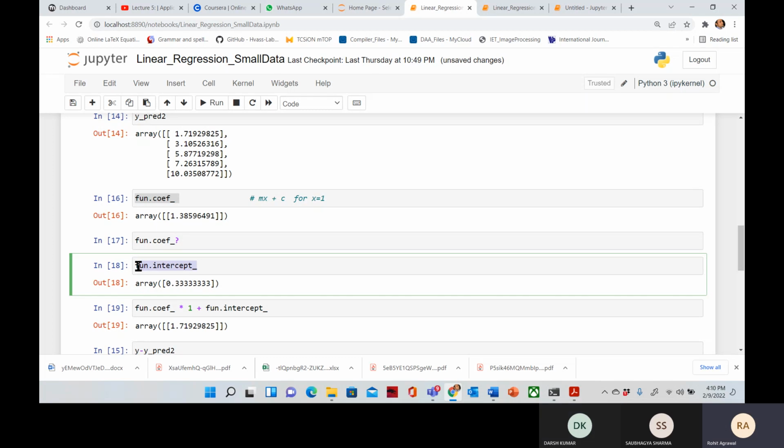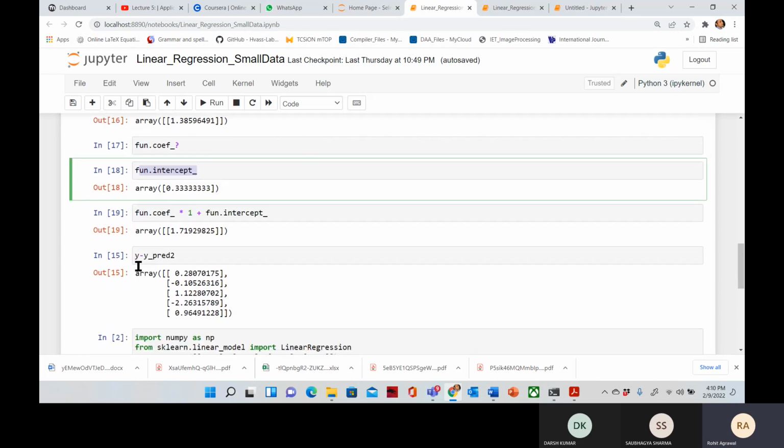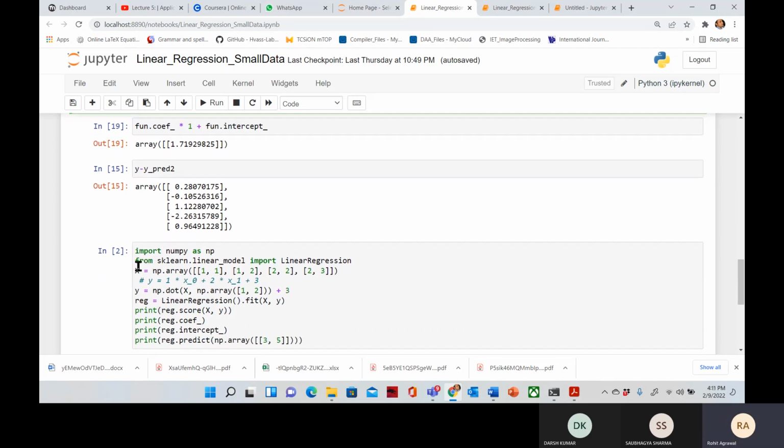But keep in mind, this is a linear model and we have only one attribute. In a real scenario we can have more than one attribute. Like in the housing price data, instead of just the square feet area, we can have the number of rooms as well. We can have the carpet area as well. We can have multiple things. So this I wanted to show you, how it works. I think this example is good. Anything you want to know till now?